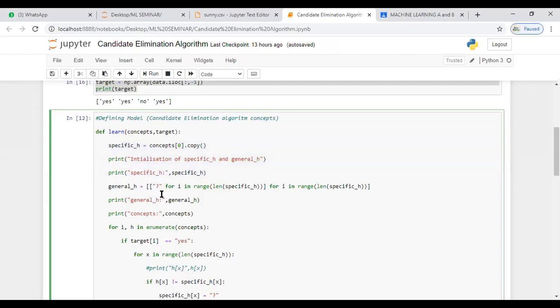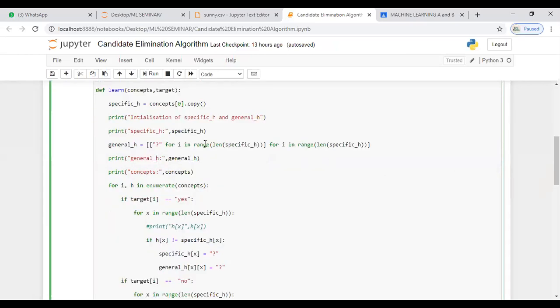Now we are left with the last column. How to define the last column? I take a variable name general_h. So now for i in range of length of specific_h. I mean, if the data present in the first row is similar to the second row or not.